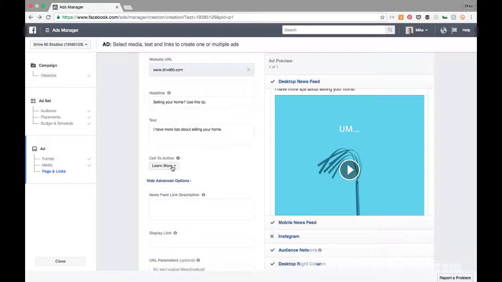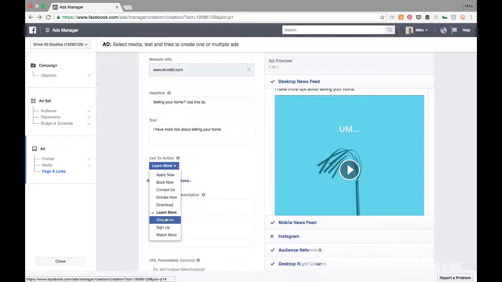Call to action, this is a big one. The most effective way to get people to go anywhere is learn more, because it's very soft, it's not pushy, and it's not going to force them to do something. Learn more is like, if you want to get some more information, just click here. We're not going to hard sell you. Download, donate now, contact us, book now, apply now, this is like telling people to do this, and unless they super aggressively want to buy your product, they won't